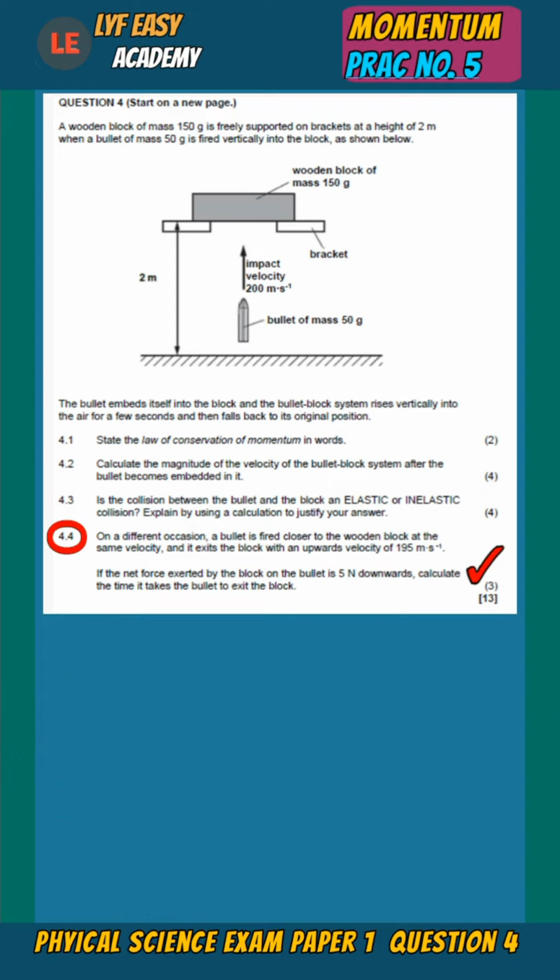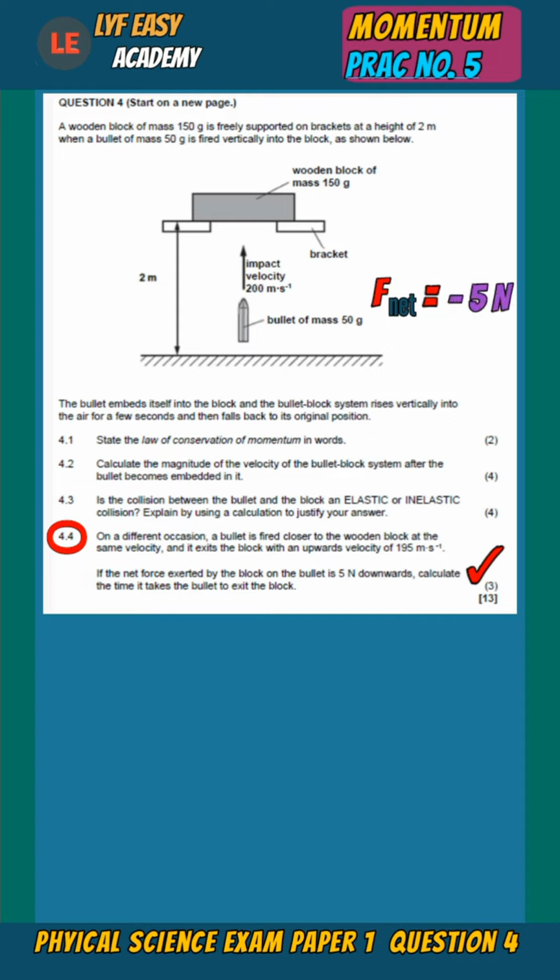On this last sub-question, we are told that now the bullet is fired with the same velocity close to the block, but now the bullet goes through the block and exits the other side with 195 meters per second. From this statement, we were instructed to calculate the time the bullet took to exit on the other side of the block. Please take note that the net force is given and is said to be downwards, which means it